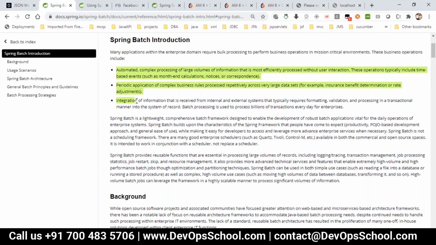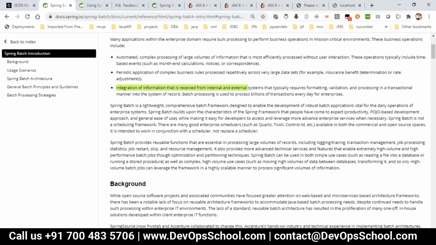They have given some use cases: automated, complex processing of large volumes of information most effectively processed without user interaction; periodic application of complex business rules processed repetitively across very large data sets; and integration of information received from internal and external systems, typically requiring formatting, validation and processing in a transactional manner. In that case we will go with Spring Batch.